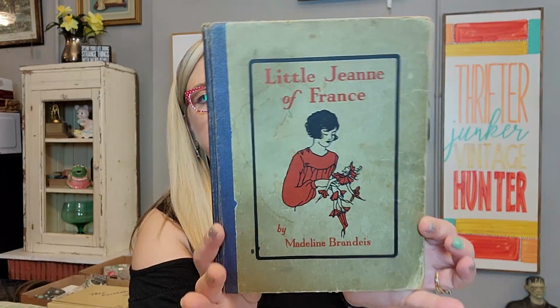All right, and then I got these books. I'm trying to clear my route here. I want to say I paid maybe $18 for the lot of these books, maybe a little bit more. I don't quite remember, but I got the whole stack of them. We have Little Jean of France. This was a whole series. She wrote books about little girls from all sorts of lands. It's in really good condition. And then we have